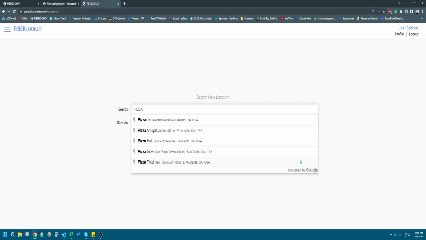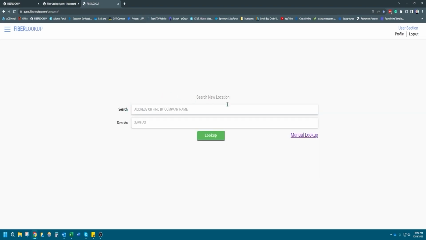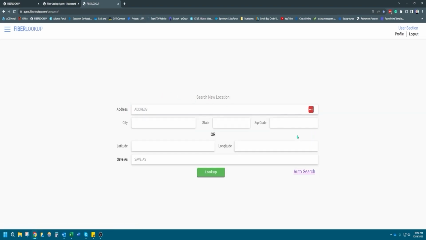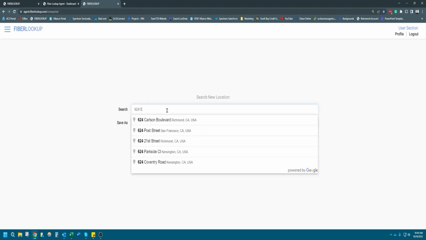Any address or location or company name that's been registered with Google My Business, there's a really good chance that it's going to get populated in this search box. In the off chance that you can't find it in this listing here, you can always do a manual lookup by selecting this button here, and you can just enter the address that way. I know that my address is on this listing here powered by Google, so I'm going to go ahead and